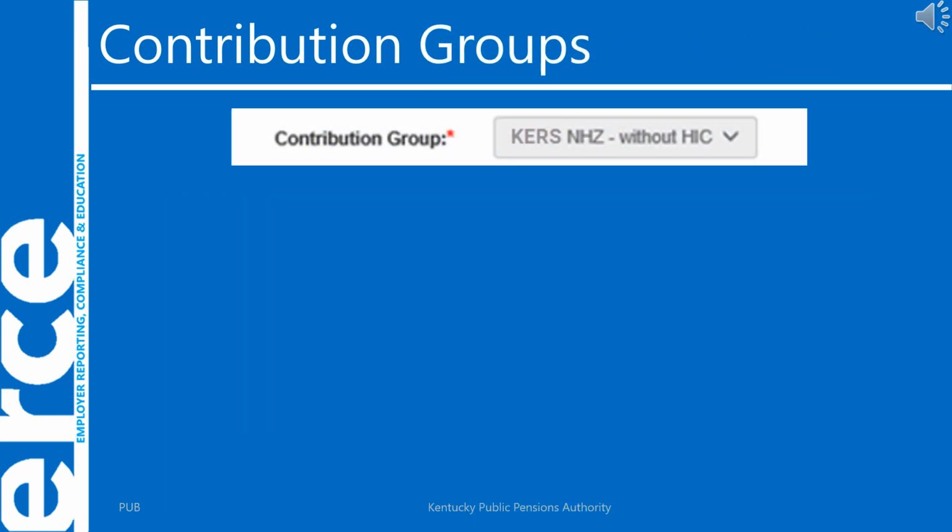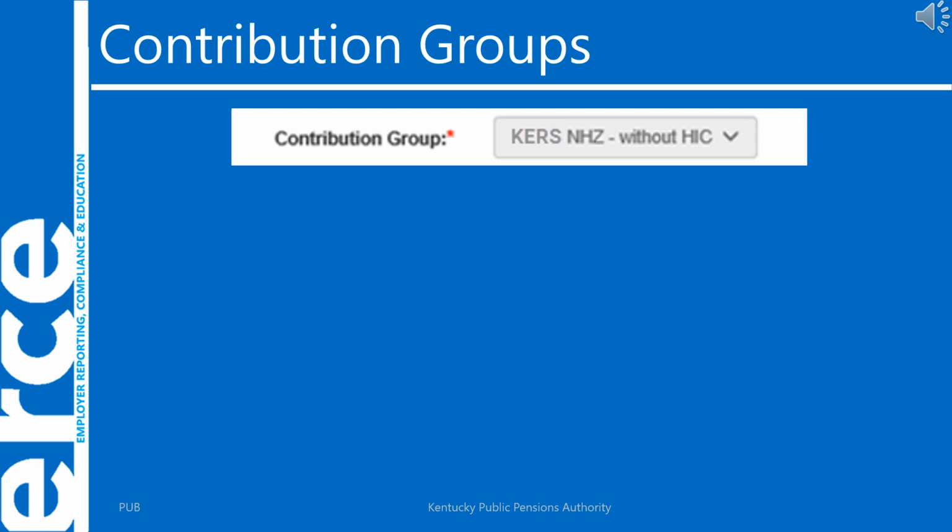We briefly reviewed contribution groups, or more specifically where to find them, when discussing the Download Member ID module in ESS. But let's review what the contribution group is and how it affects your employee. The contribution group defines 2 things. First, the amount of employee and employer contributions submitted to KPPA, and second, what benefit level the employee is eligible for at